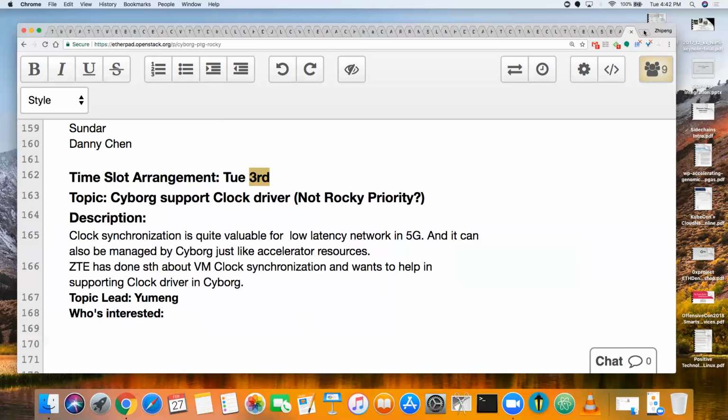So the flavor asks for a function ID. When it comes to Cyborg, it says I've got all my images, and I know which functions they correspond to. Well, there could be multiple hits, right? So then you just pick one of them based on some metrics. You could have a bitstream for one device, you could have it for another, different devices, different device IDs, different boards. Whichever one happens to be free. You could make it as simple or as complicated as you want.